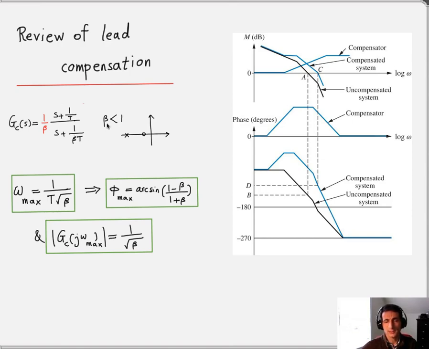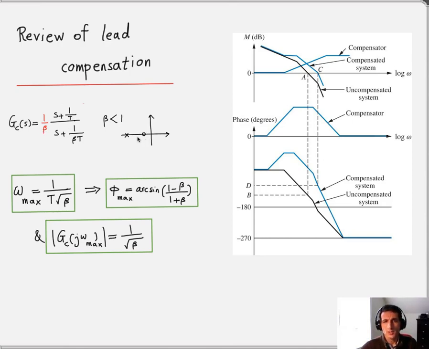The difference is that in the previous case, beta was greater than 1. Now beta is assumed to be less than 1. So when we talk about the design of a lead compensator, we're specifically referring to choosing the two parameters beta and